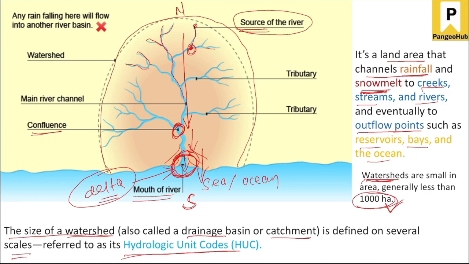By the hydrologic unit codes, we can define the exact location of the watershed, the particular stream basin which is providing the water into the main river basin, and these hydrologic unit codes are very important in case of